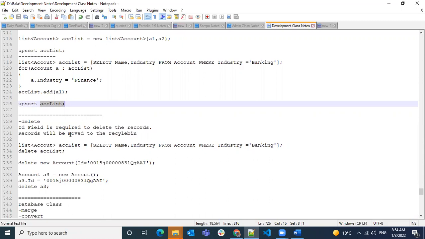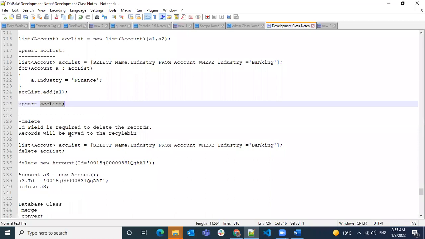But if you have trigger logic, which we're going to discuss in the next sessions, with validations that you want to run on delete, and if those are met and you want to prevent the delete operation, you can prevent it, and if you have such validations on a delete, it will fail. So if any one record fails, the entire list will fail using these normal operations.